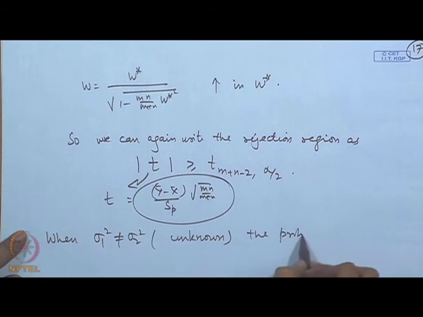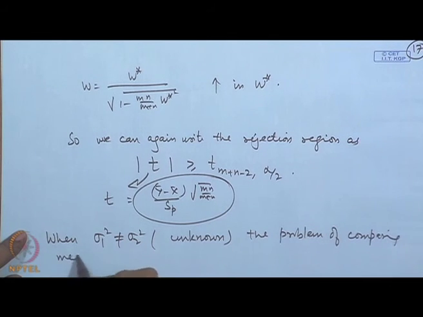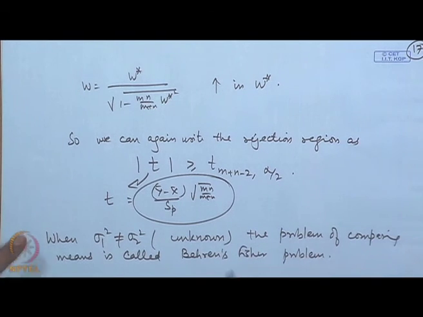the problem of comparing means is called the Behrens-Fisher problem. In fact, it can be shown that there is no exact UMP unbiased test for this problem. Approximate tests are available, where approximately a t distribution is used, which are provided by Smith, Satterthwaite and Welch etc. We are not discussing it here, because in this particular course I have given you the derivations of